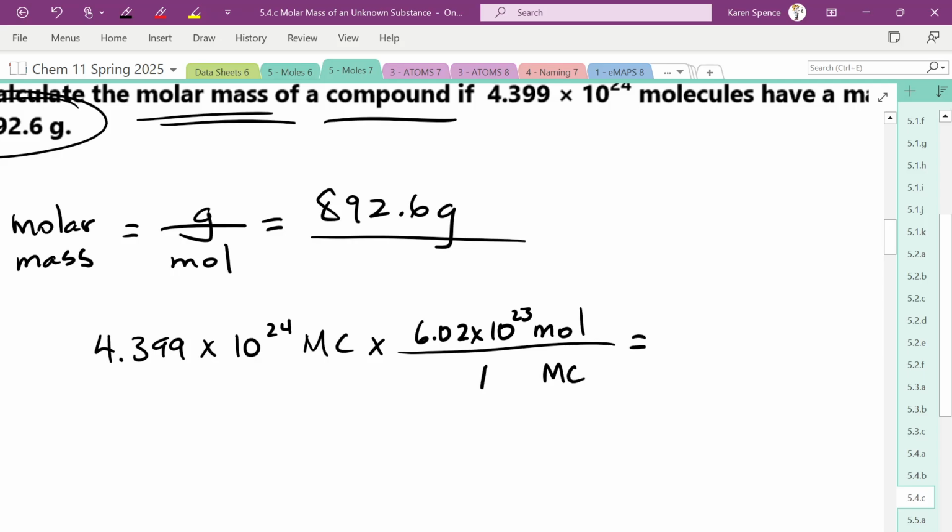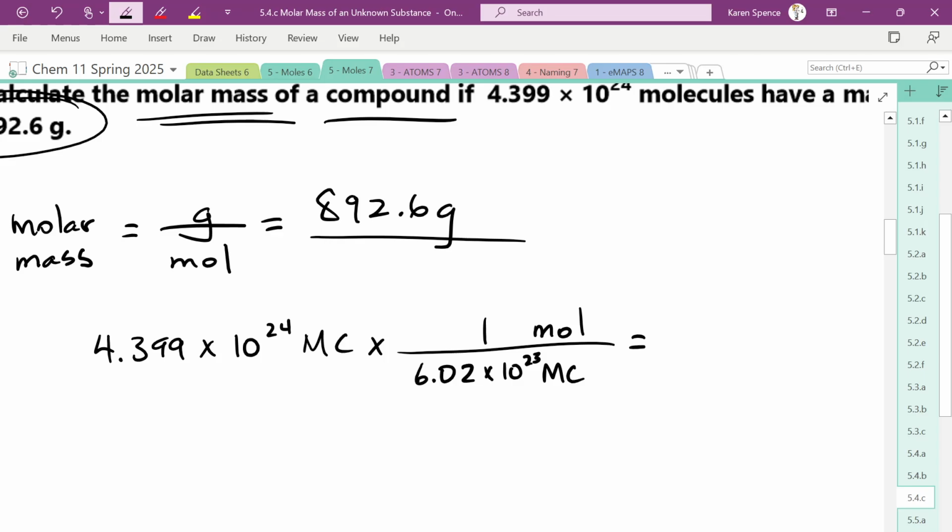No. Are we paying attention? Do we like what I've written? No. No, what's wrong with what I've written? Yeah, I've got it upside down, right? The one should go with the mole. Okay, so we get the 1 mole and the 6.02 times 10 to the 23. We do that calculation,